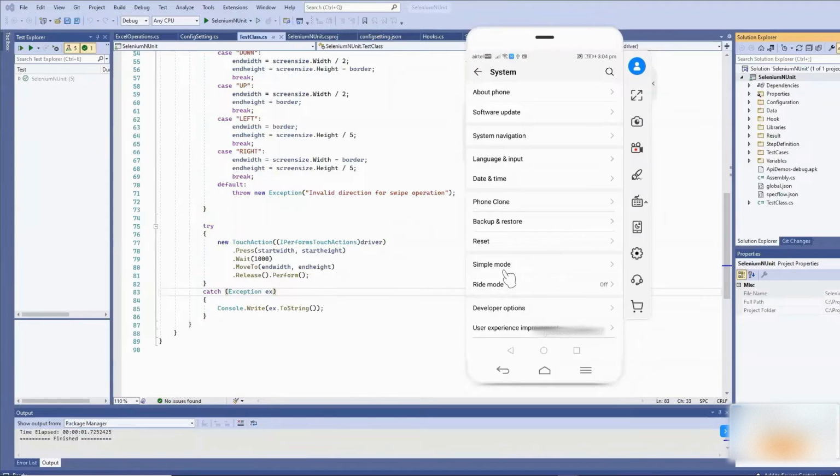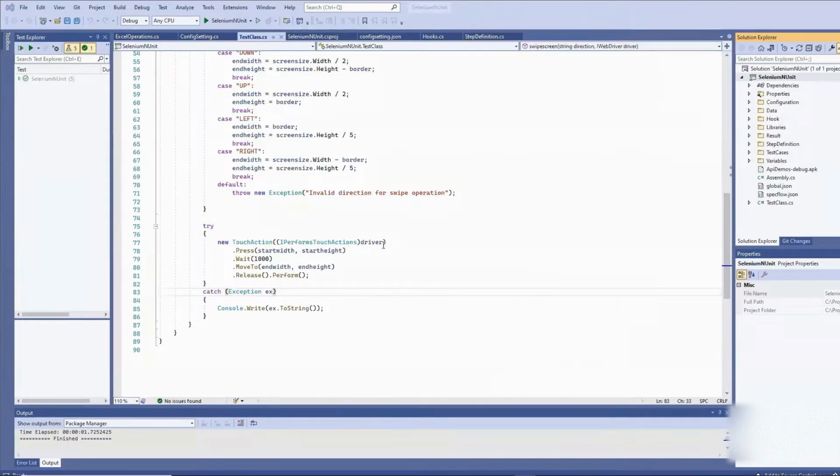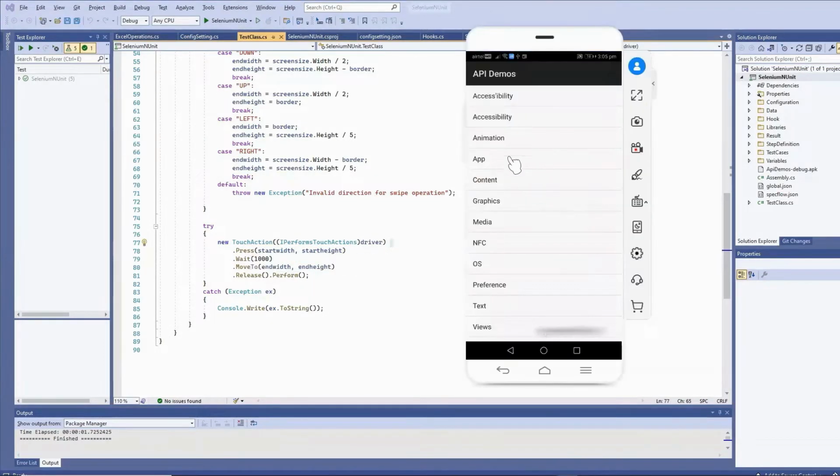Today in this video, we're going to see how to get the coordinate values of your mobile screen. In our last video, we also saw how to perform swipe operations using coordinate values on your mobile device. While working with mobile automation, we can perform different operations using the coordinates, like the tap or press method. Now the question is, how can we get the exact coordinate values to perform those operations?